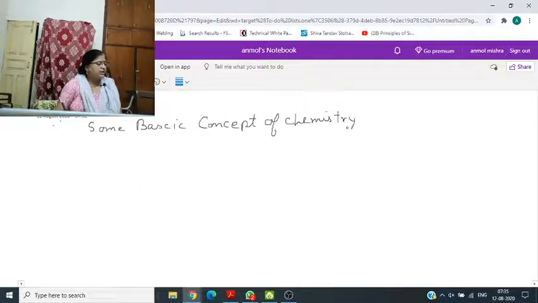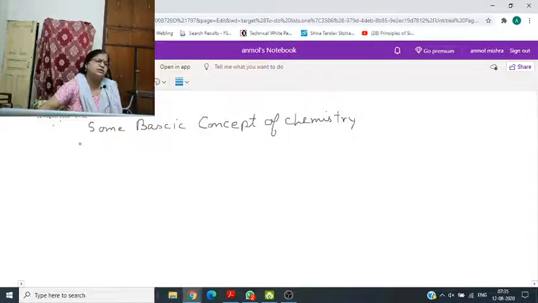Atomic mass is defined as the number of times an atom of that element is heavier than an atom of carbon taken as 12. And the unit of atomic mass is